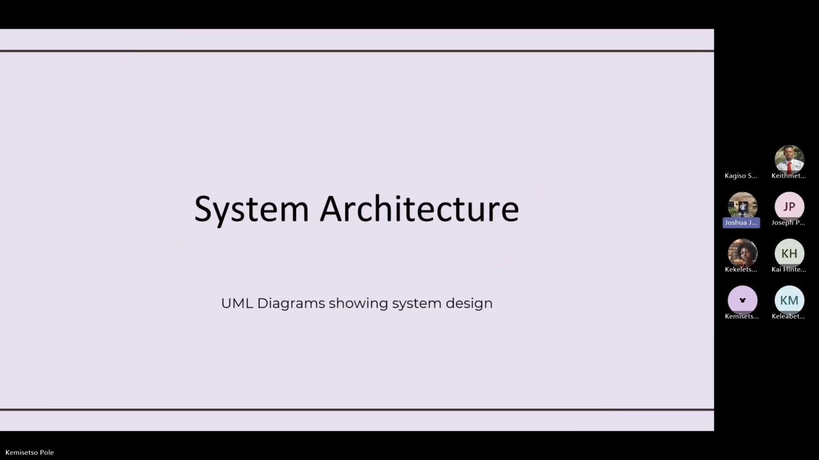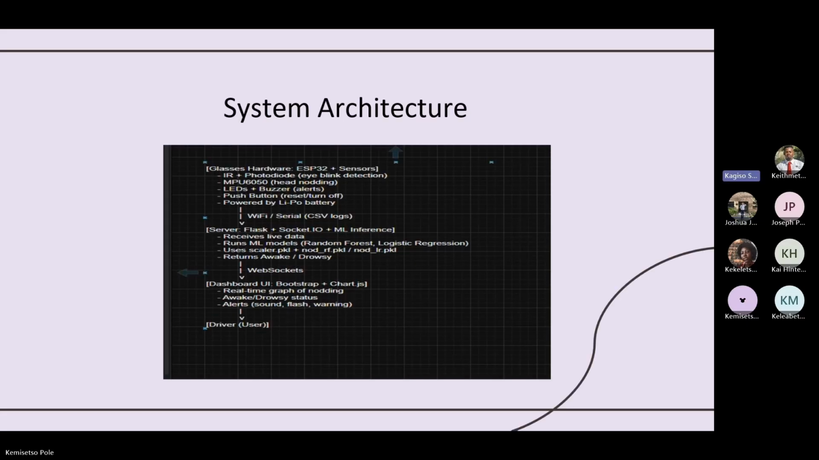Okay, now moving on to Kagiso, who is going to be speaking about the system architecture. As you can see, our system architecture is designed as a portable, low-cost, AI-driven solution. The architecture is structured into 3 main layers. We have the hardware, the server, and the dashboard. In the hardware layer, the ESP32 microcontroller collects data from the 2 sensors, the MPU, which detects the head movement, and the IR sensor, which detects the eye blinks. The system is powered by a rechargeable battery, and it includes LEDs and a buzzer to provide local alerts directly